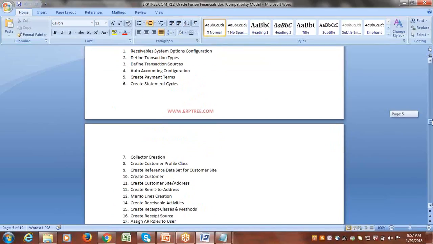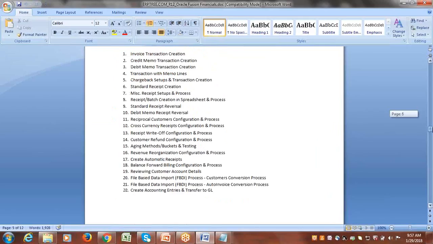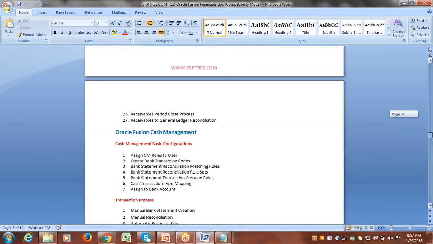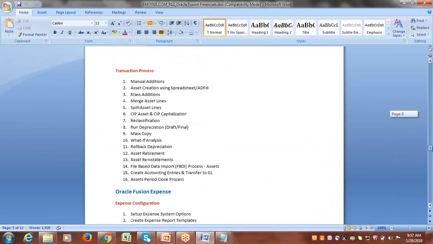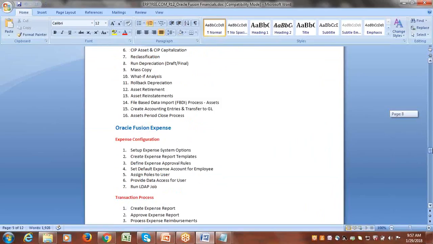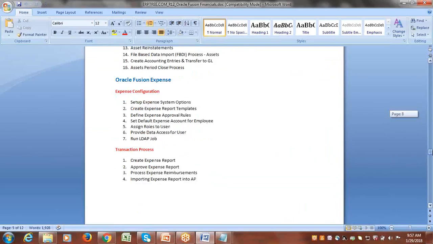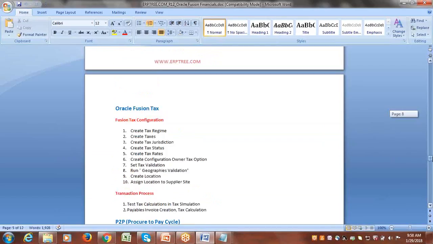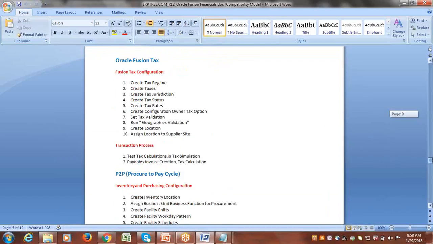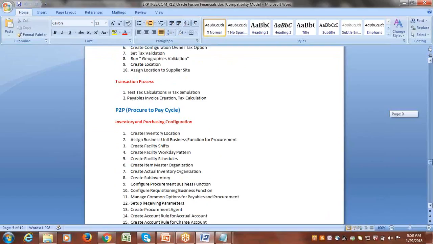And when I talk about receivables, the basic configuration, these all concepts will be covered as a part of receivables, cash management setups under these processes, the fixed assets, all setups under the different concepts. And then Fusion expense, nothing but iExpense as per EBS, the setups and the process.